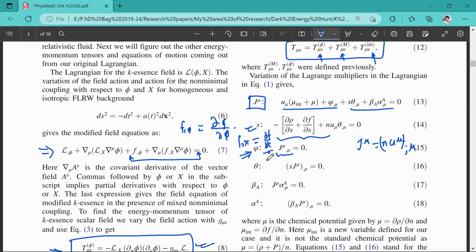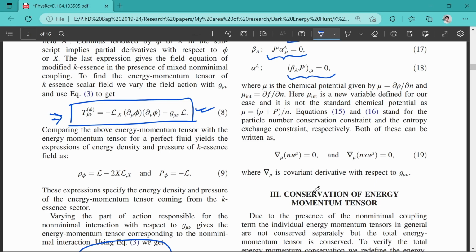Okay, so now if you take theta, you will get s j mu comma mu, which is again telling you that s dot is equal to 0, which is actually constraining your fluid equation to be adiabatic. So if we are assuming the equation is adiabatic, then this constraint needs to be followed. Again, there is another constraint. So these are the constraints provided by the different parameters. In this way we can say that our fluid is acting as a perfect fluid. For a perfect fluid, the conditions are that n dot plus 3nh must always be 0 and s dot must always be 0. If you have these quantities, then you will always have the perfect fluid.